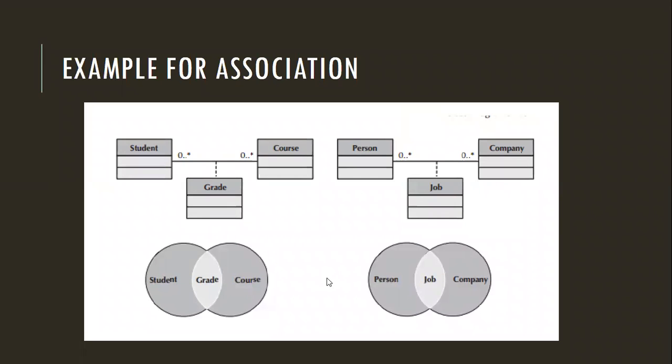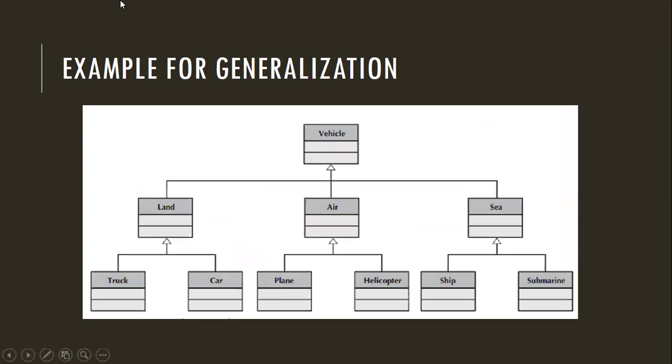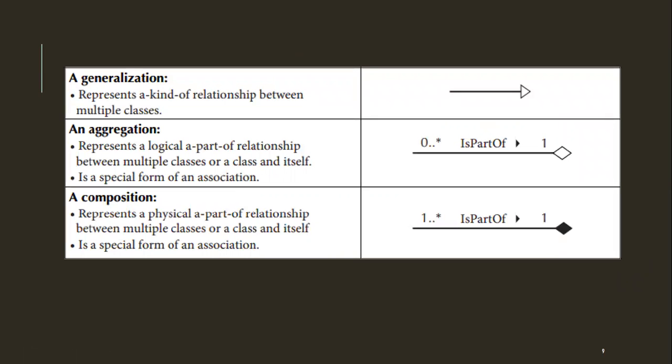Association කියන මේ relation එක කොහොමද වැඩ කරන්නේ කියලා. I'll give you some other examples as well with the diagram, class diagram, then you will clearly understand about this association relationship. Okay, furthermore we learn about it. Okay, now generalization. I'll give you the explanation about the generalization, then we will go through the example. So generalization is also a kind of a relationship. It represents a kind of a relationship between multiple classes. ඒ කියන්නේ a kind of කියන එක තමයි මේ relationship එකම.